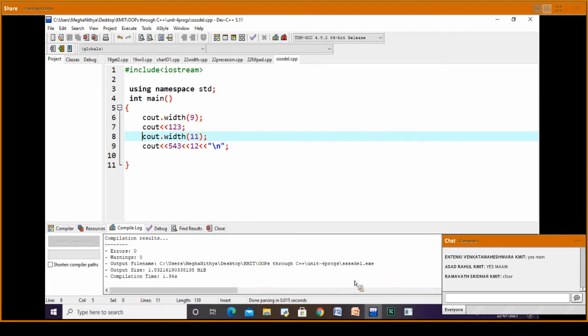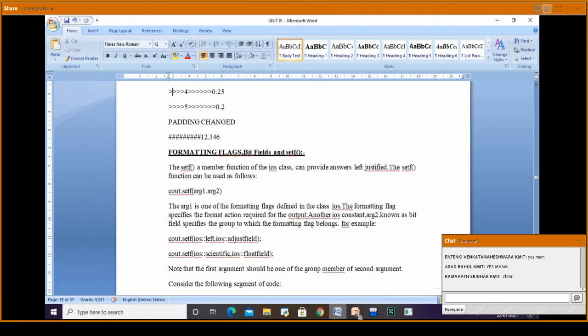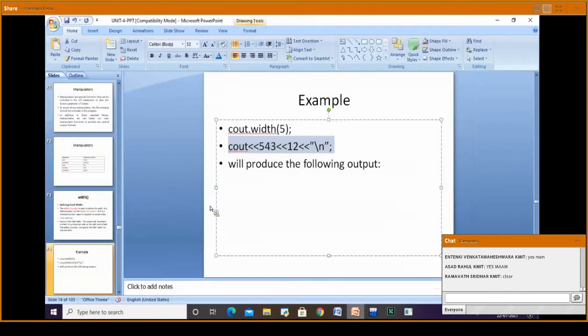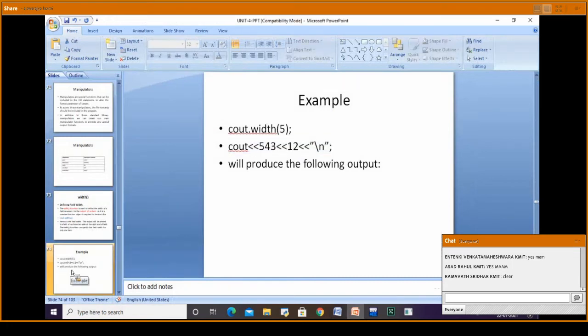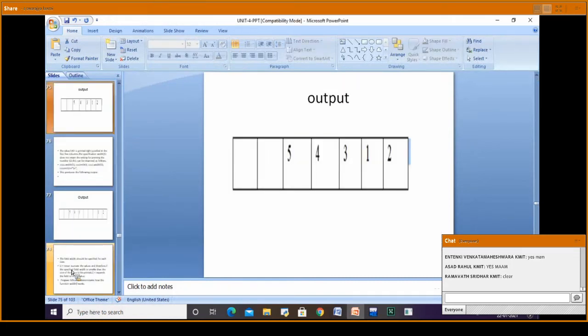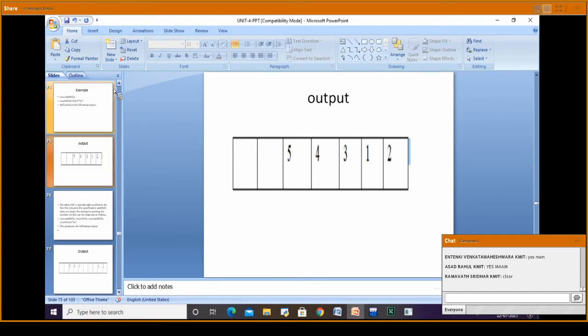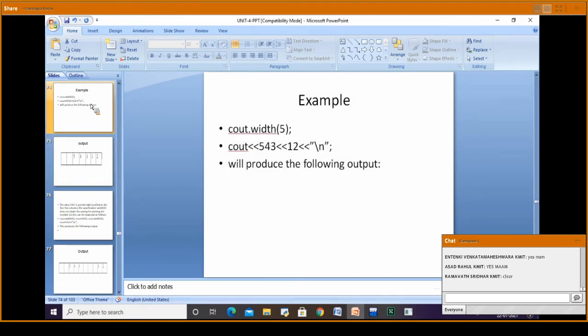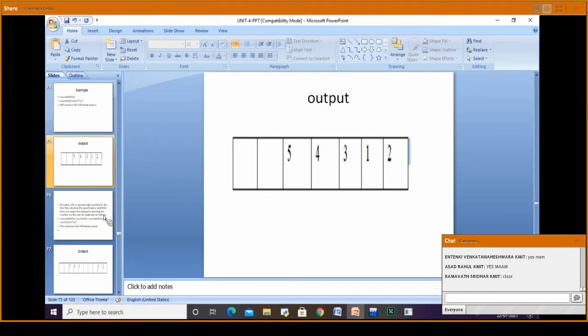Then next we have the output. For the previous example, I specified width 5, so it is going to create a width of 5 characters and then print the value.